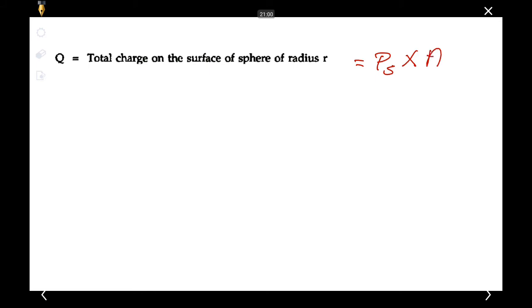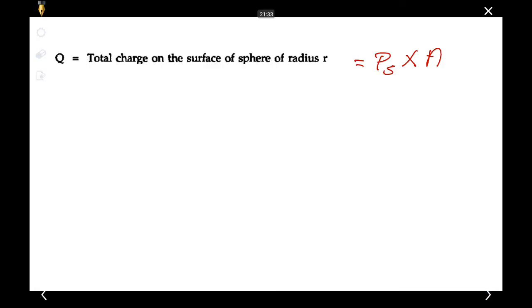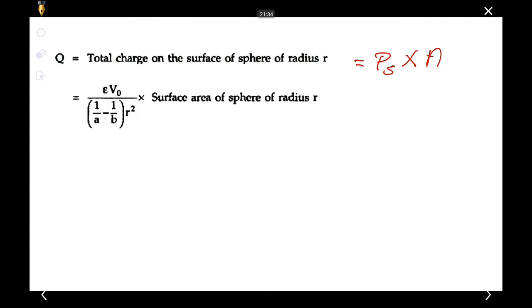Here inside the volume we don't have any charge, that is, in the free space there is no charge, but at the surface of the sphere we have charges. So we will have only surface charge density, we will not have volume charge density. First I told this as a key point. It is well understood it has a plus charge. If the radius is A, we have a plus charge. So rho S into the area of the sphere.